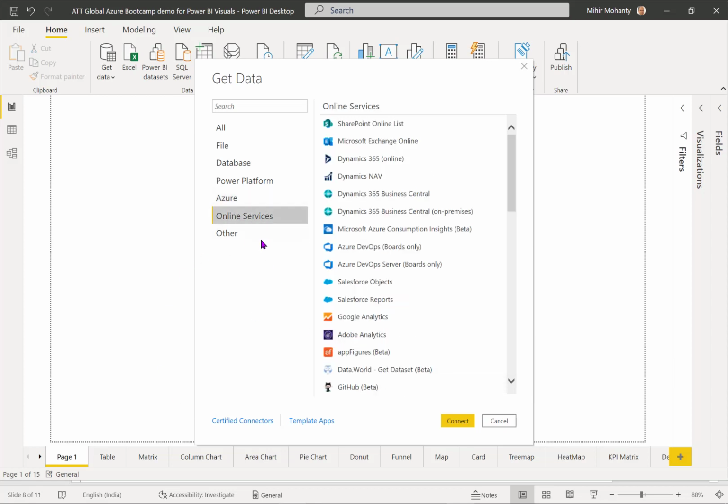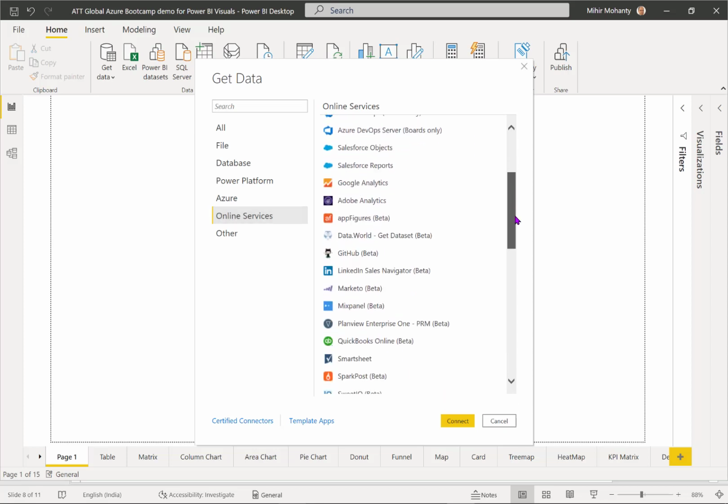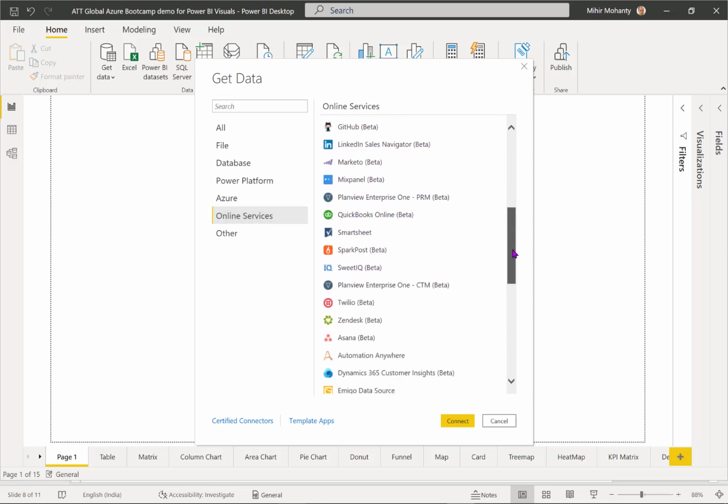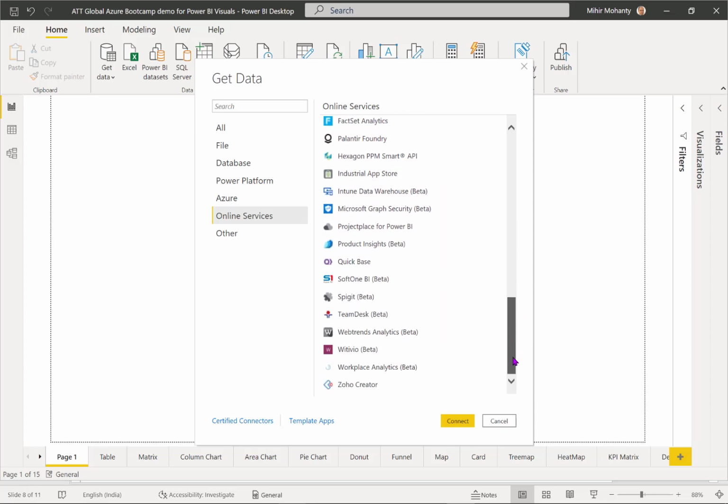Similarly, you can see a list of online services where you can go to these data sources, like Dynamics, Microsoft Exchange, SharePoint, Salesforce, GitHub, LinkedIn, and there are many other sources where you can simply go and import the data to start working.